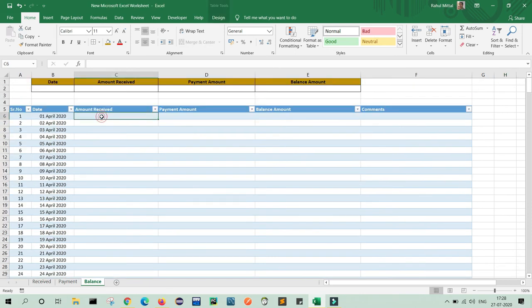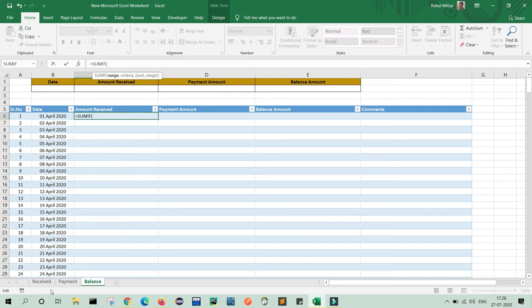Now the main thing is we will display our amount received in this section and amount payment in this section. So what will we do? We will use a formula. How can we write? Equals to SUMIF. Range. What is our range? Our range is in received.